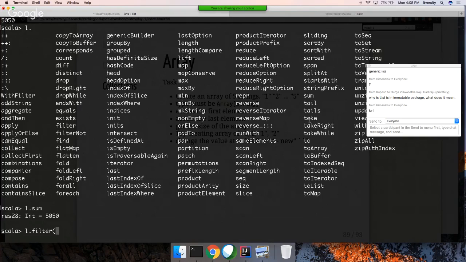So here I can say L dot filter, and here there is something called anonymous functions. For an anonymous function, you just have to give the parameter name and then the arrow, and then you can define whatever logic you want to implement. Anonymous function means function with no name. Here we are not creating any function, but still we are writing it like a typical function. And the logic is